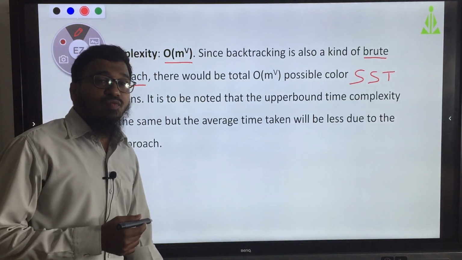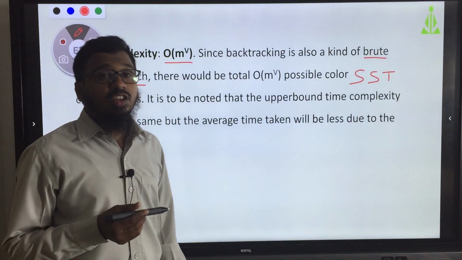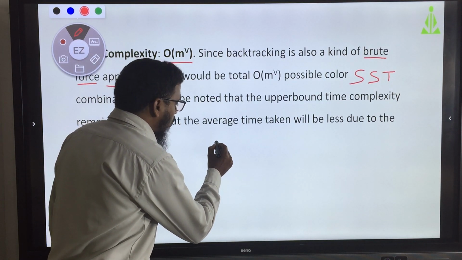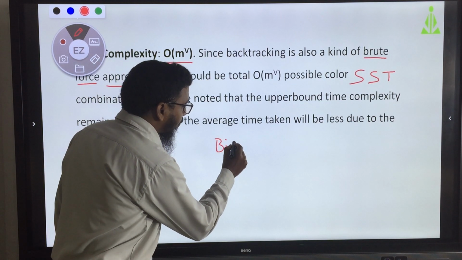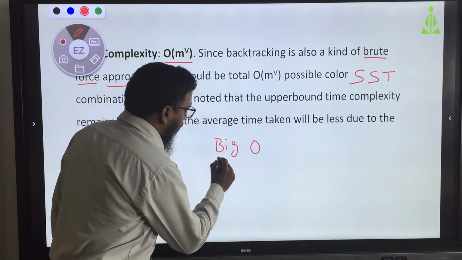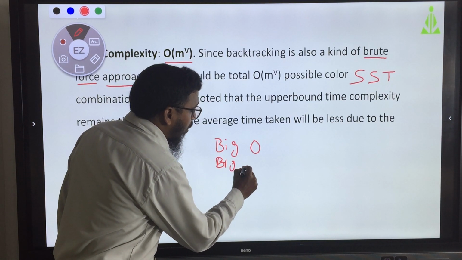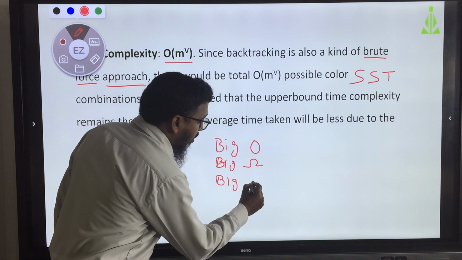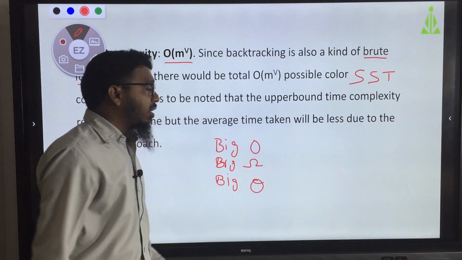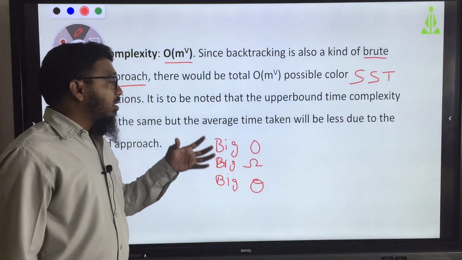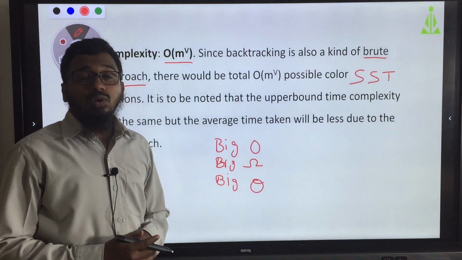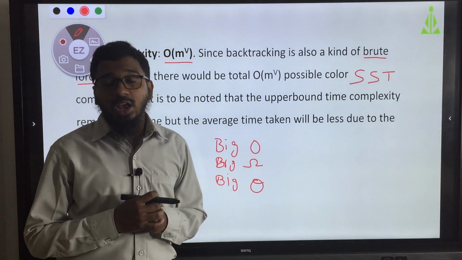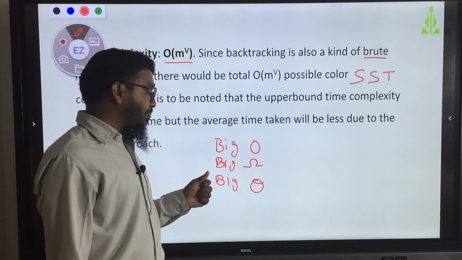As you have completed asymptotic notation in the previous lecture, big O, big omega, big theta, the upper bound, lower bound and average time are all calculated with the help of asymptotic notation.